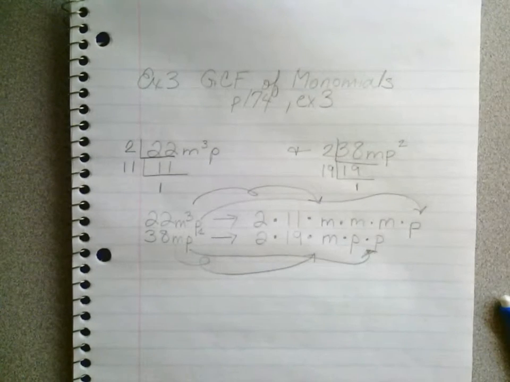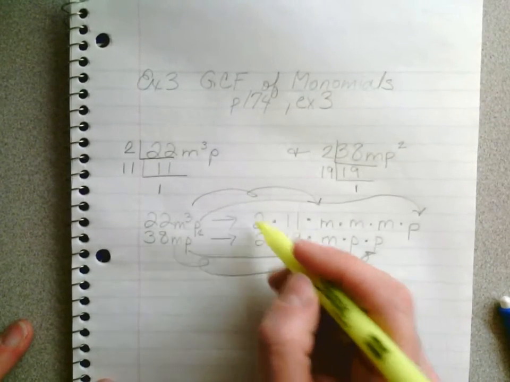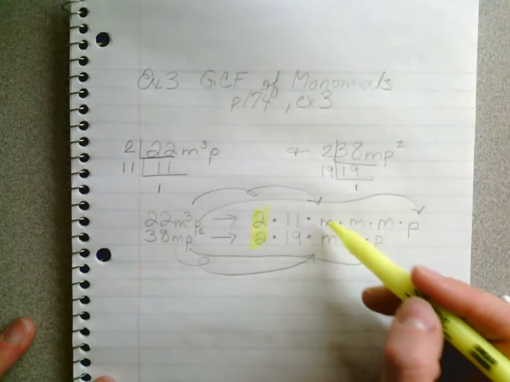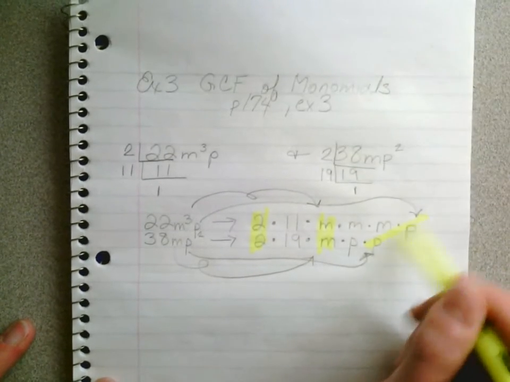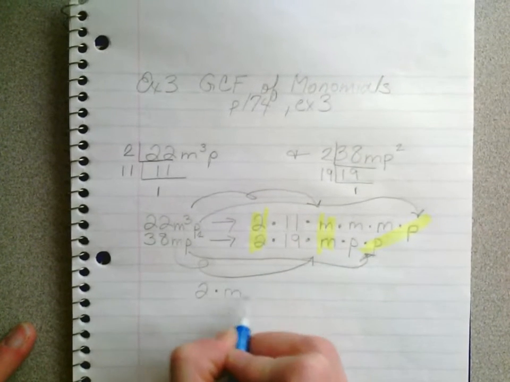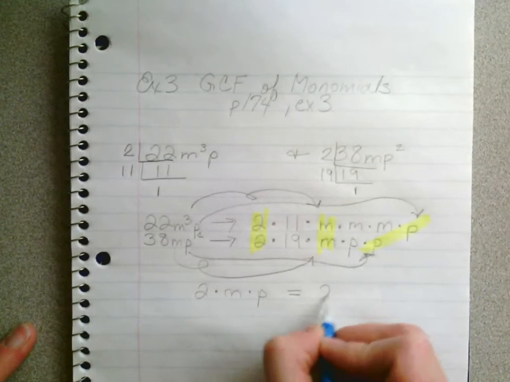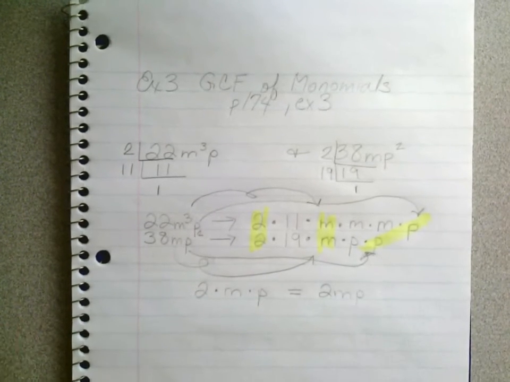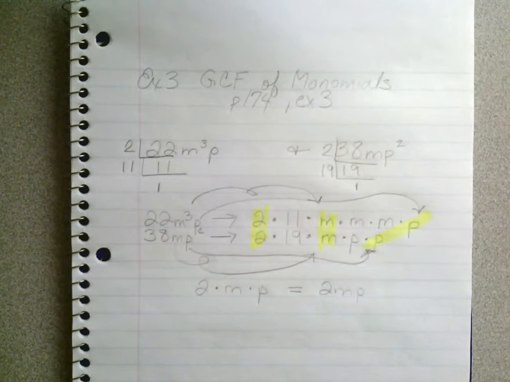Highlight what's shared. What should I highlight? 2? How about letter-wise? A single M and a single P. The product of 2 times M times P is 2 times M times P. Therefore, that is the greatest common factor of those two monomials. Okay, before I let you get started,